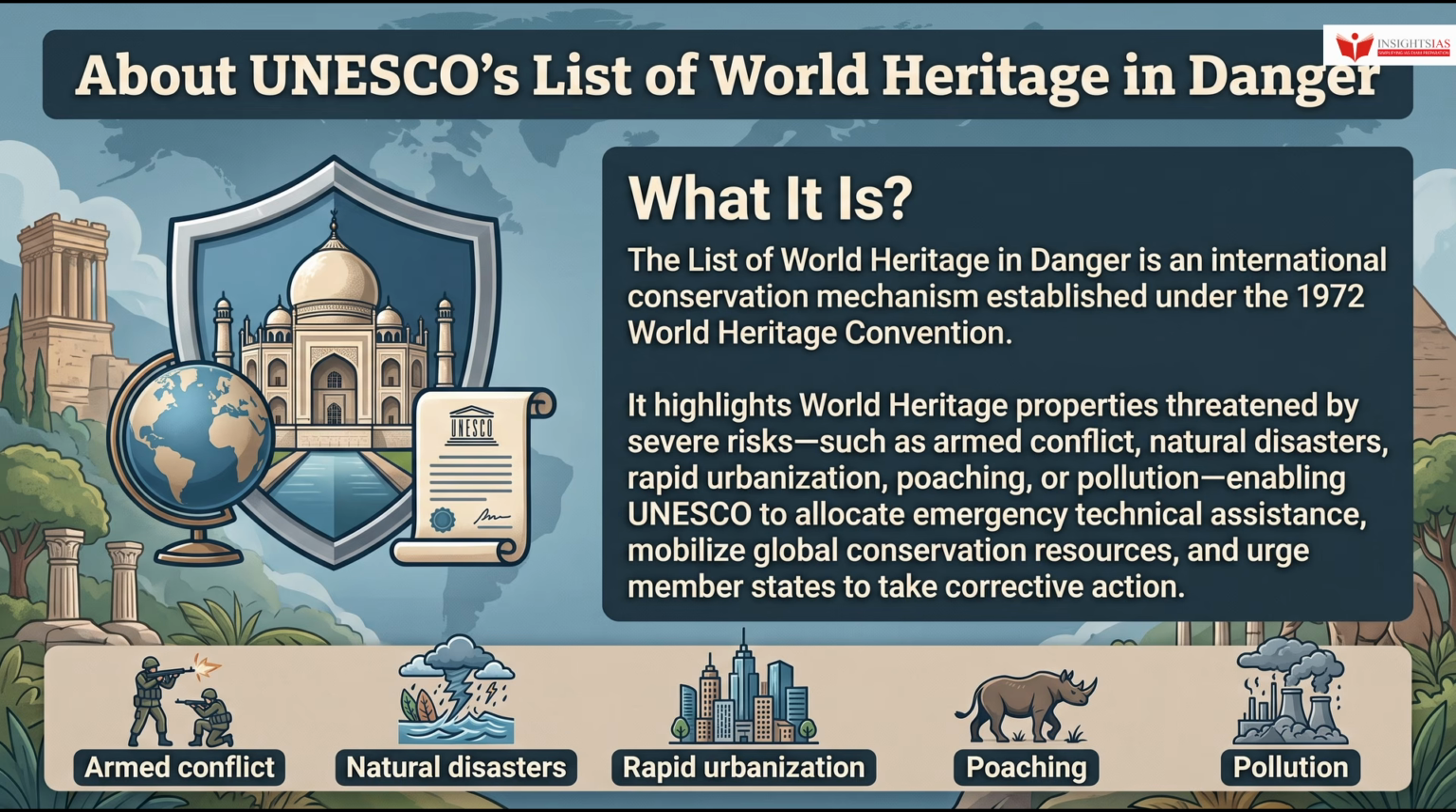The list of World Heritage in danger is an international conservation mechanism established under the 1972 World Heritage Convention. It highlights World Heritage properties threatened by severe risks, such as armed conflict, natural disasters, rapid urbanization, poaching, or pollution, enabling UNESCO to allocate emergency technical assistance, mobilize global conservation resources, and urge member states to